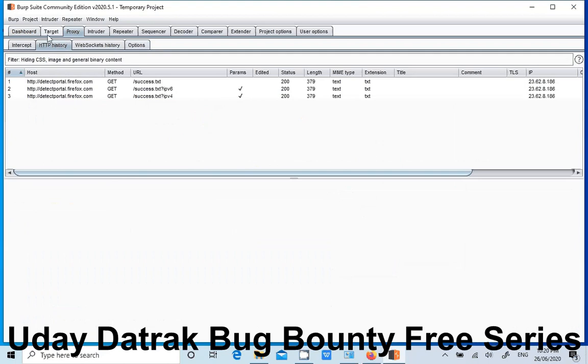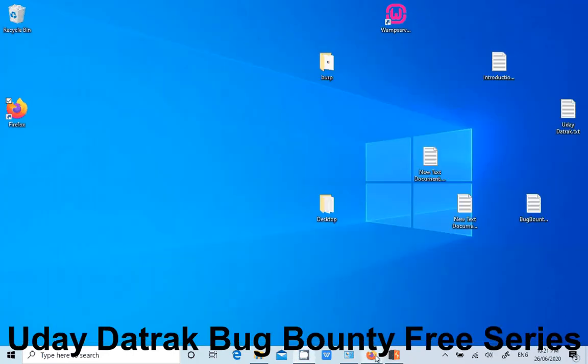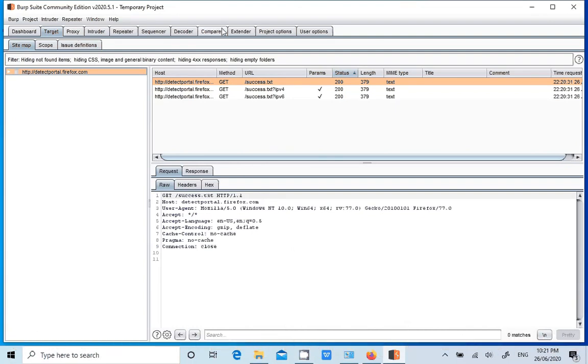If you want to see all the folders and file list, you can go to target and select the particular one. Here sometimes you may see two similar names, that is for HTTP and HTTPS protocol. If there is a redirection, then you will be seeing nothing in the HTTP protocol, and you will be seeing all the folders in the HTTPS one. So these are the two things, guys, about installation of Burp Suite and running it the next time. And you don't need to know all these features, because I'll be showing you some other Python scripts which are very fast and very easy to run from the command line itself.